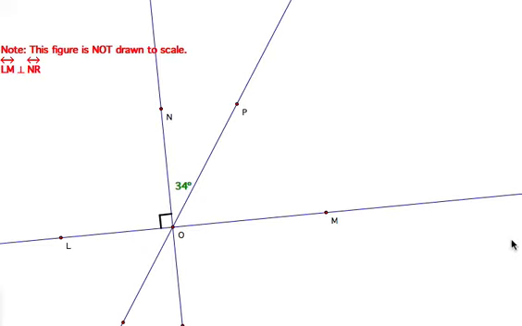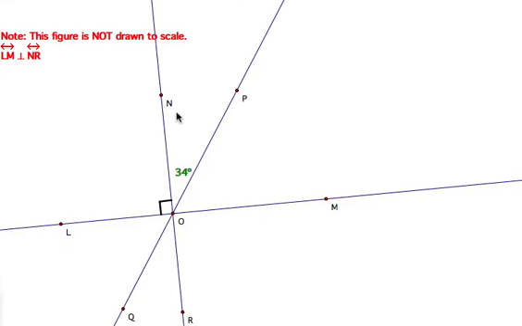Try to fill in your missing angles here. It's not drawn to scale. This is the symbol for perpendicular. Put that in your notes. And remember, perpendicular means that they are intersecting at a right angle, which you're also told by the little box. So you're kind of double told that. But good to put in your notes. All right, so go ahead and pause it, fill in your missing angles,